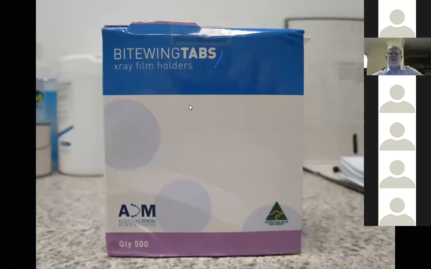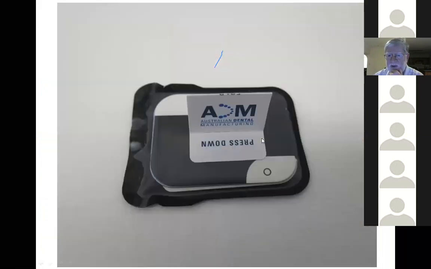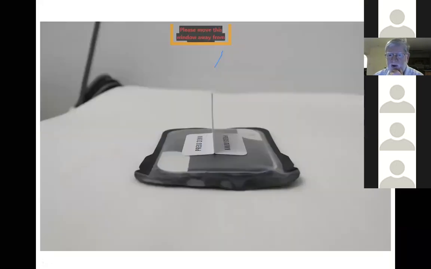So certainly at Griffiths on the clinic, you've got your different holders for your bite wings. Now and again, there's those foam bite wing tabs. What I like to do is to use these little bite wing tabs. The whole reason why you're taking a bite wing radiograph, the whole reason why that name came about, is because the patient bites on a little wing, a little bite wing tab, and that is it. So that's stuck down onto your plate, and you look at it side on. And when the patient closes,